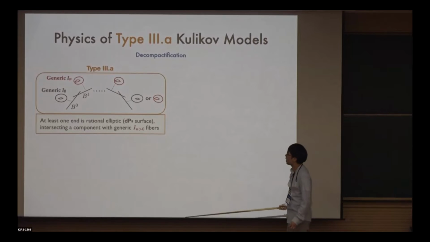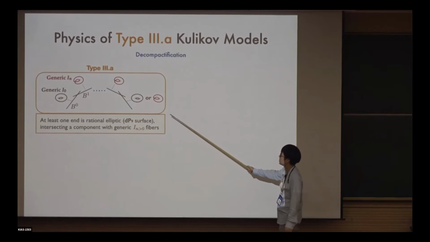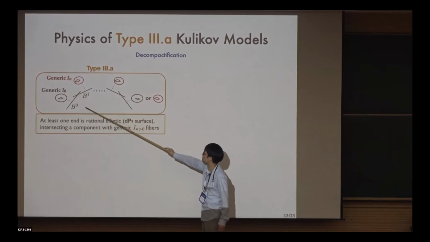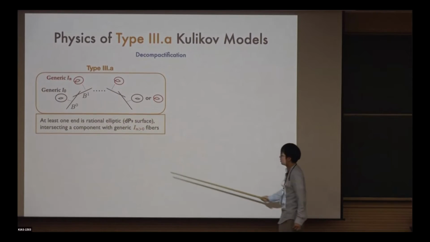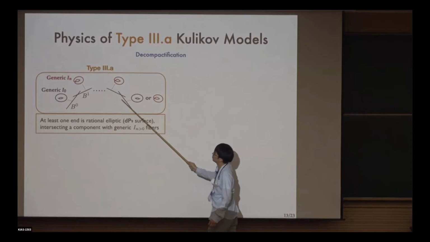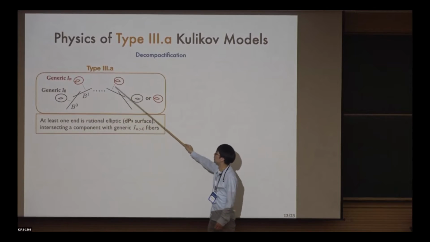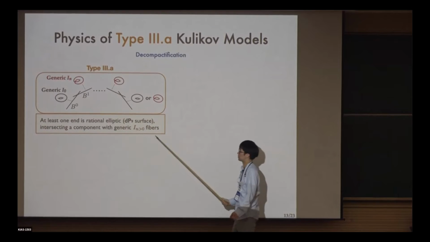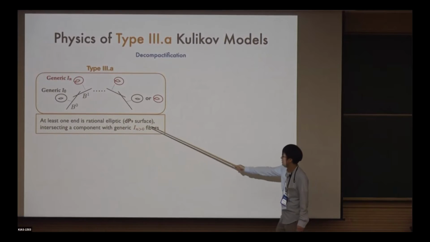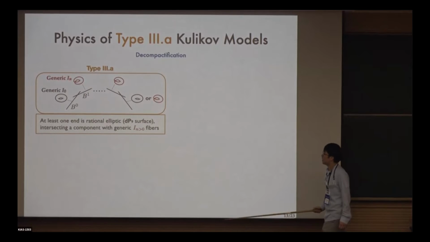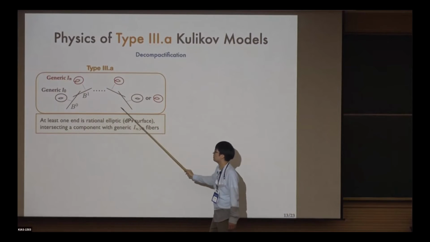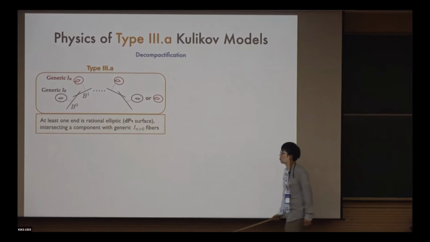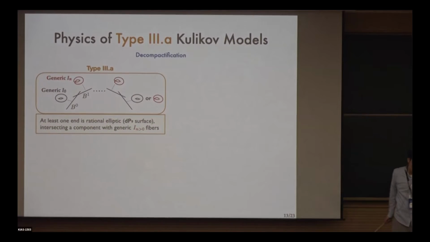In any case, what we observe is this. In this case, now we have more than 2 components, unlike in the previous case. And on all the middle components, even the generic fibers will be singular I_N fibers, so the I_N with N positive. However, at least one of the 2 end components will have to have generic I0 fibers. So at least we have one DP9 end component.